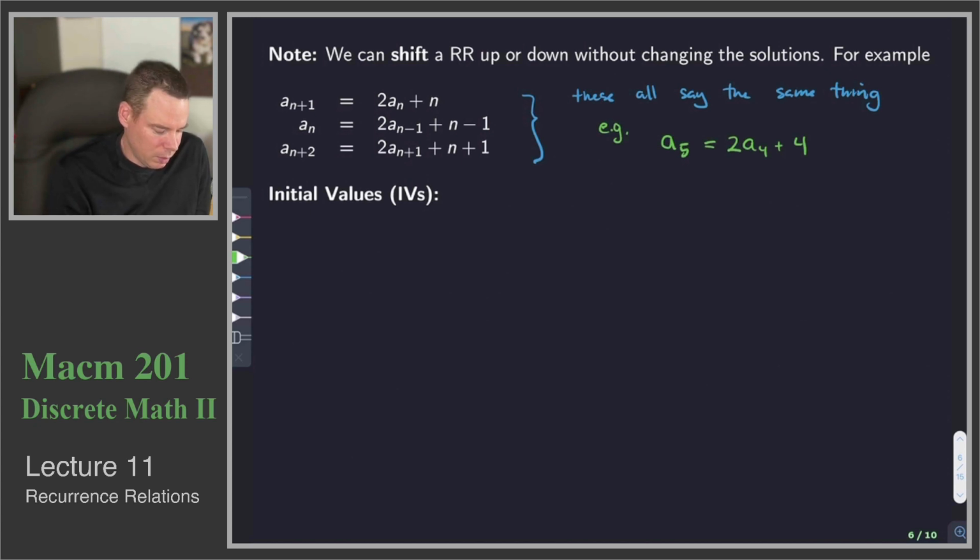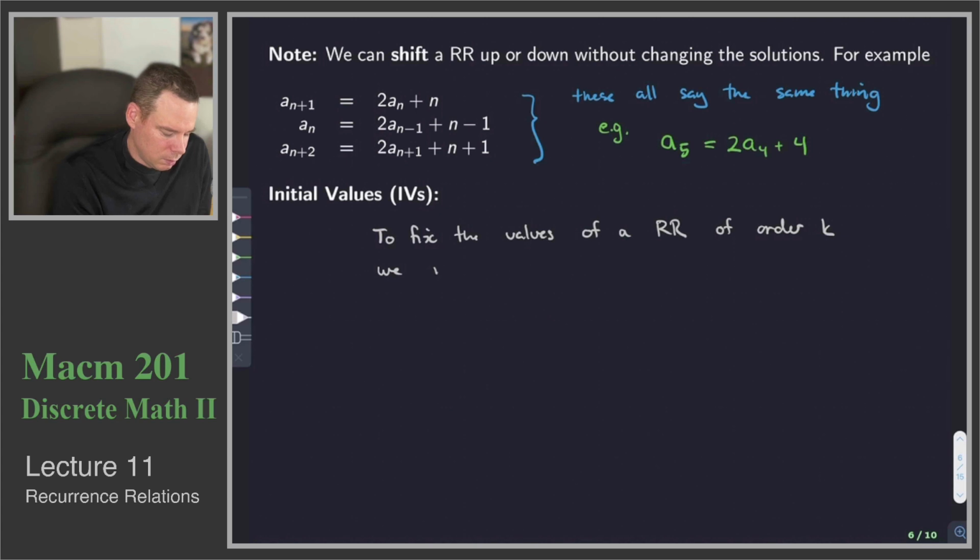The other comment is about initial values. What the initial values do is they allow us to fix the terms of the sequence. The relation itself just tells us how to generate the next term from prior terms. The initial values tell us how to start off the sequence. So to fix the values, in other words, to produce a unique set of values that satisfy the recurrence relation. So to fix the values of a recurrence relation of order k,